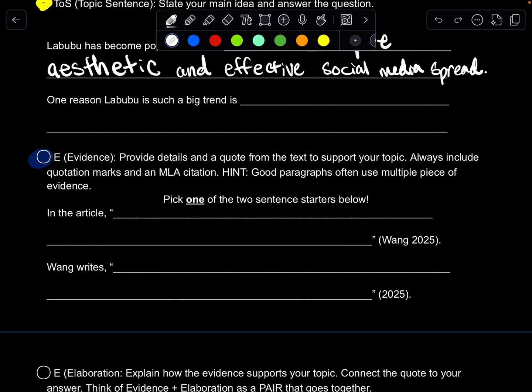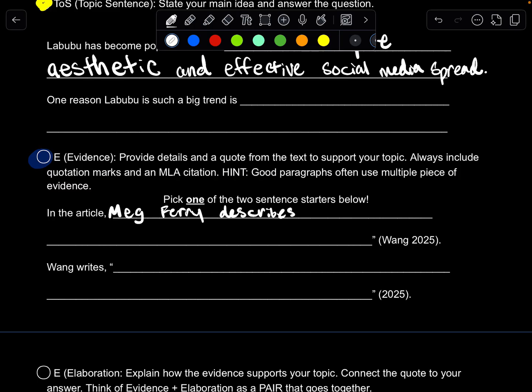But you also can paraphrase it. I want to be clear. You could choose to say, in the article, Meg Ferry describes, and then say what she's describing and paraphrase it, but you still need to use a quotation at the end. You still need to use a quotation at the end. So, for example, I'm not gonna use the quote there, just wait. I'm gonna say in the article, Meg Ferry